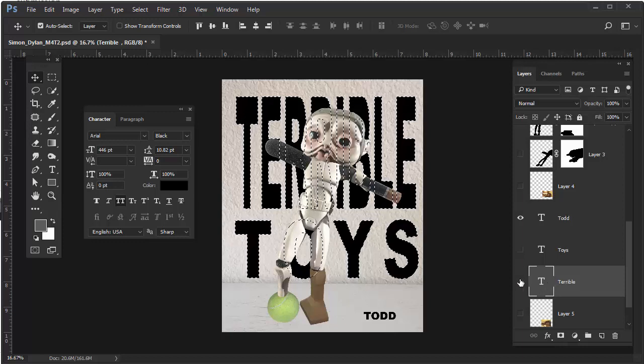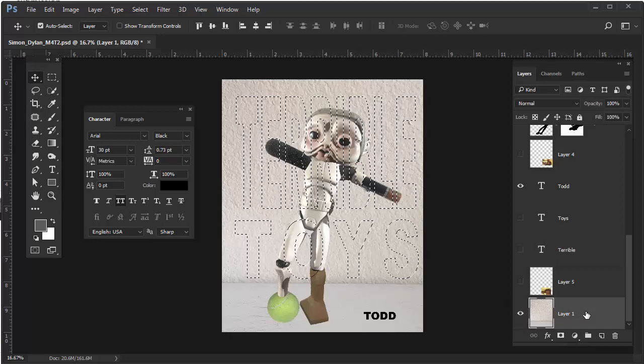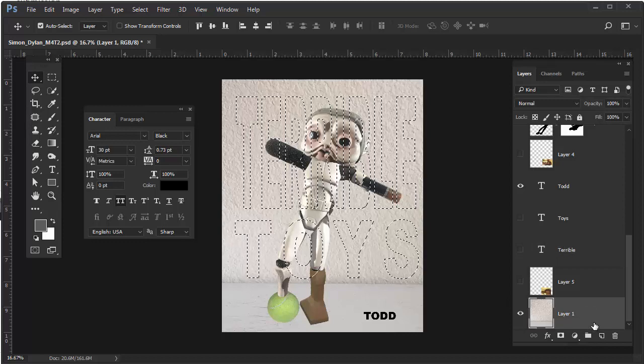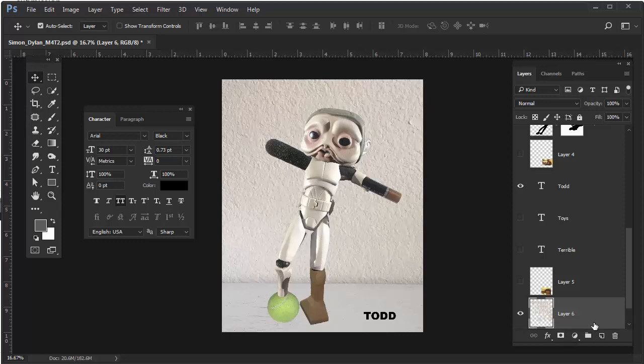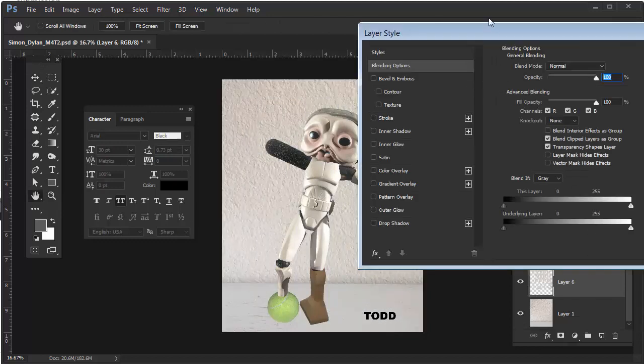I'm then going to hide the text, scroll down to the background and select the background, and then I'm going to hit Control J. Control J copies what's in that selection and brings it to the layer above. Okay, so it copied from the background to the layer above. Now I'm going to double click, and I'm going to